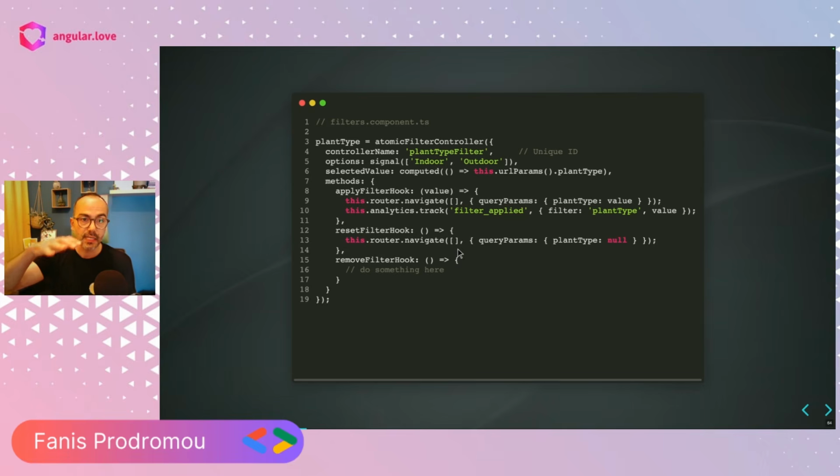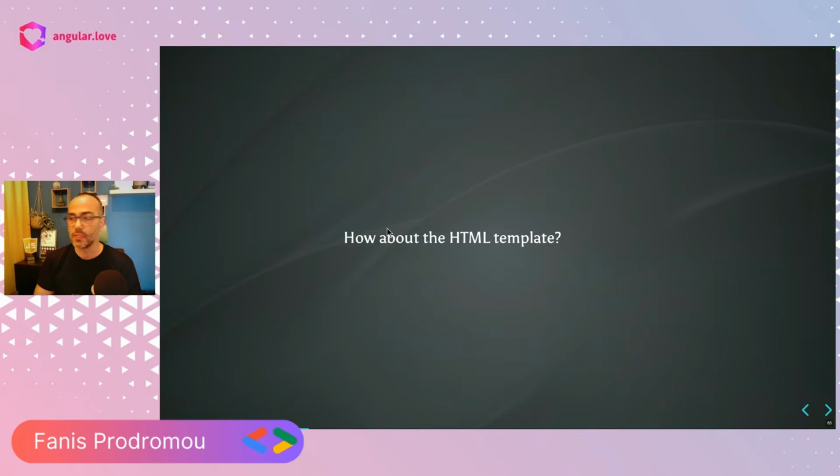And this is just the configuration. This is all we have to do just to create one specific filter. It's just a filter for this use case, but of course, we can do it for many other use cases. A set of configuration just to have everything tied together. And now, how about using that in the HTML? So how can I do that? Well,